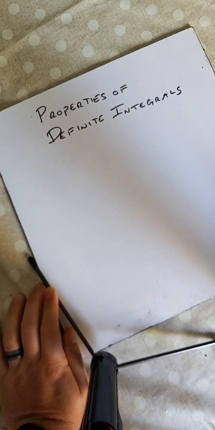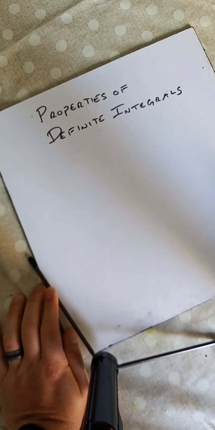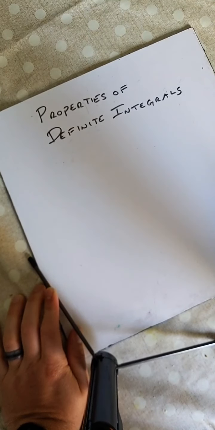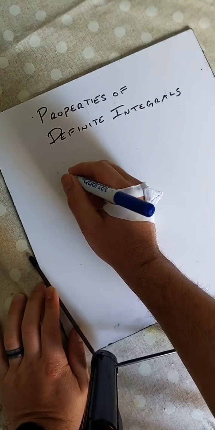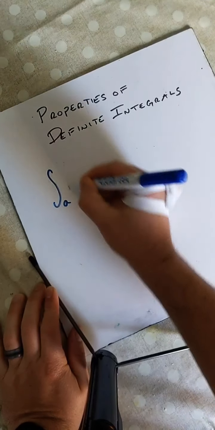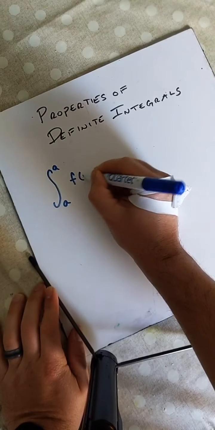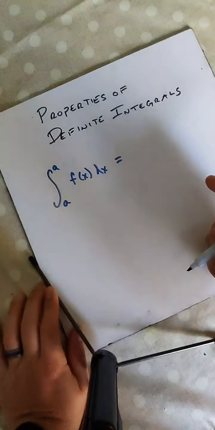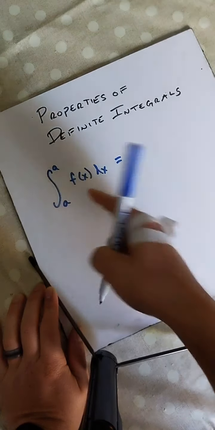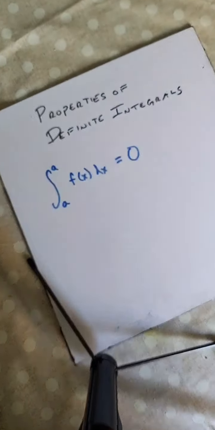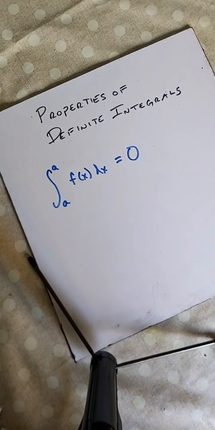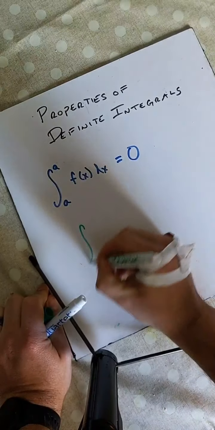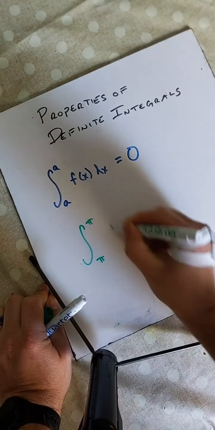So when it comes to definite integrals, there are some properties that we can use to help us solve the equation a little bit faster. The first property we're going to start with: if I take the integral from a to a of f of x dx, no matter what the equation is, if those two numbers are the same thing, it's equal to 0. An example in our notes, if you downloaded the packet: if I was going to take the integral from pi to pi of sine of x,